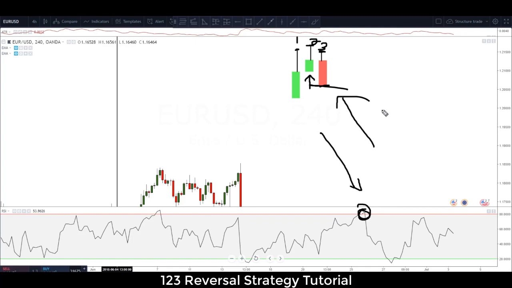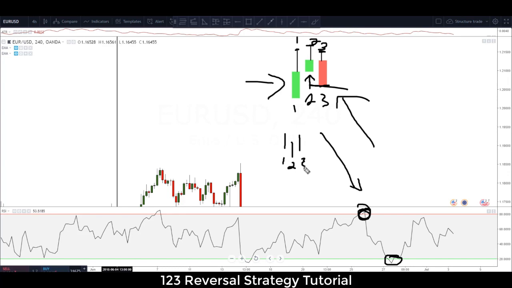into this strategy. As you can see, all we're looking for is our 1, 2, 3 engulfing pattern. We're going to be looking for that when the market is either in an overbought or oversold condition. If we're in an overbought condition, of course we'll be looking for a 1, 2, 3 engulfing bearish entry. And if we are in an oversold condition, you can flip that around and it'll be a 1, 2, 3 bullish entry. We'll be looking for a red, another red, and then a green bullish engulfing candle here, giving us